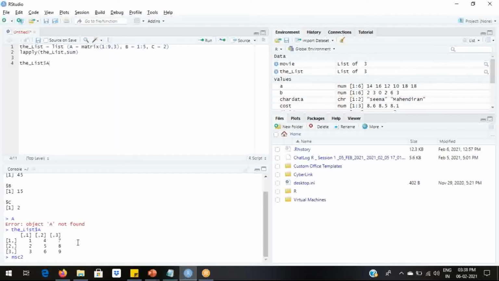So if you see, it first fills the first column 1, 2, 3, then the second column 4, 5, 6, and the third column 7, 8, 9. Generally, values are filled row wise, that is 1, 2, 3, the first row, 4, 5, 6, the second row, and 7, 8, 9, the third row. So RStudio is a bit different by filling values column wise by default. This is one thing that I want you to note down.